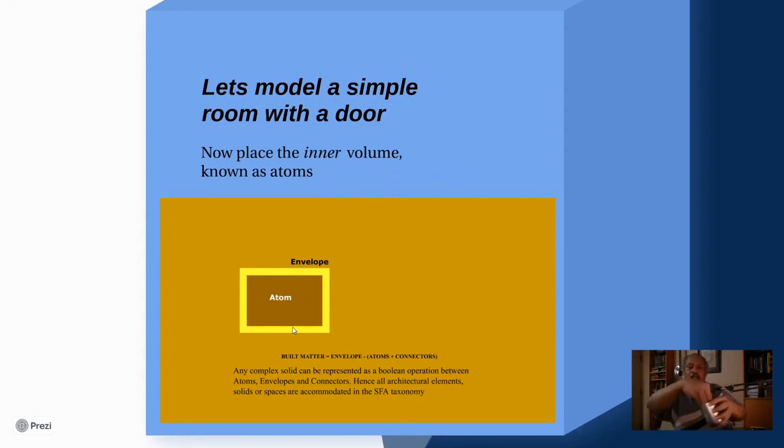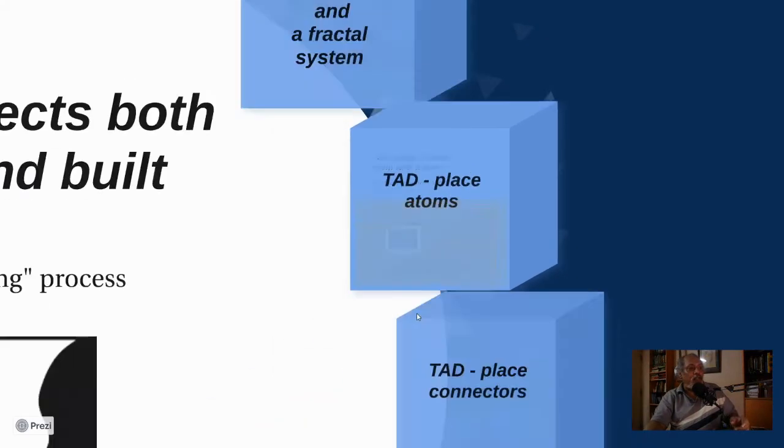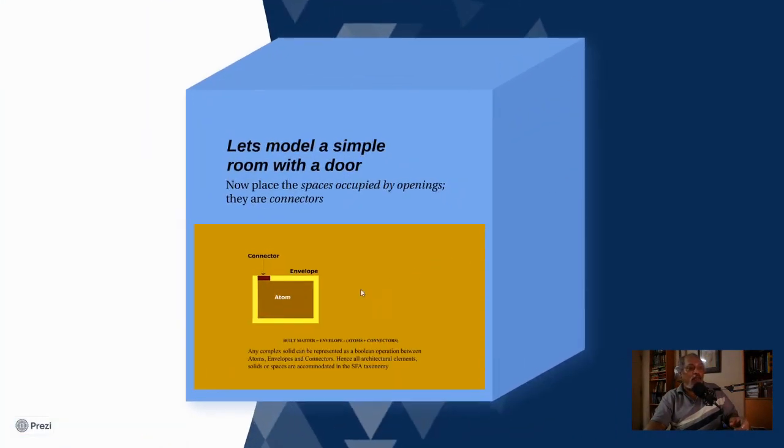In case of the glass, we do not further subdivide the volume of space inside it. So the atom here is only this much inside this. Okay, now let's go and add a connector like the way the Sumerians did. So you added the connector over here, and voila, you got the built matter, just like this formula. So the built matter is equal to the outer envelope minus the collection of atoms plus connectors. So you add all these things together.